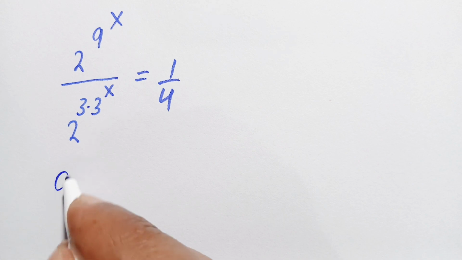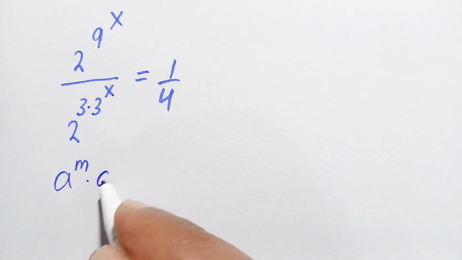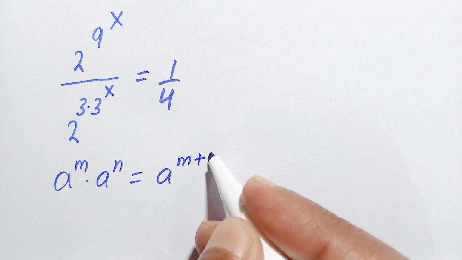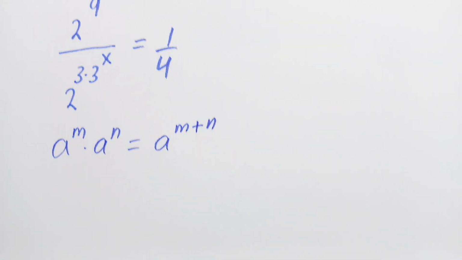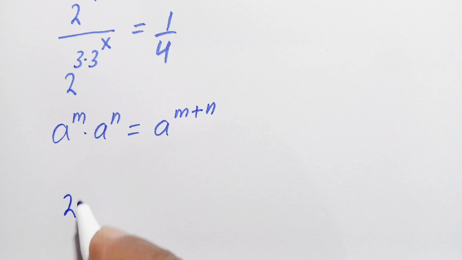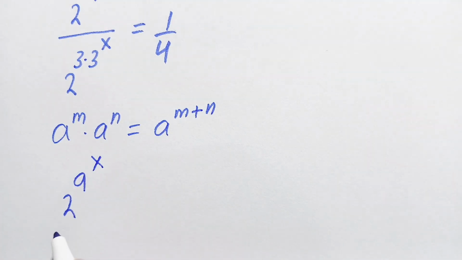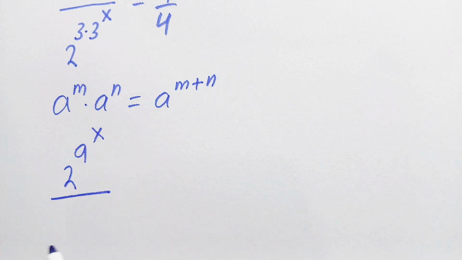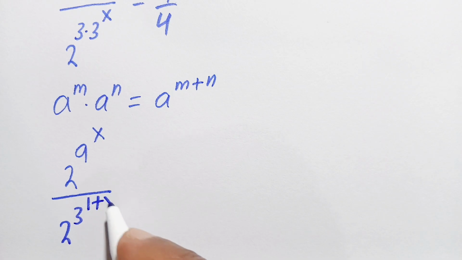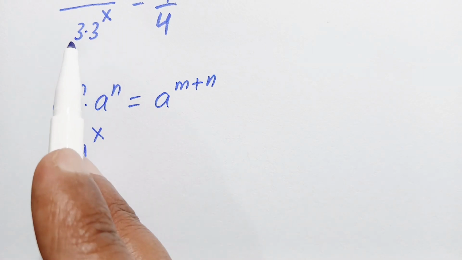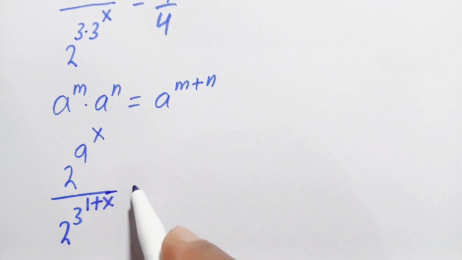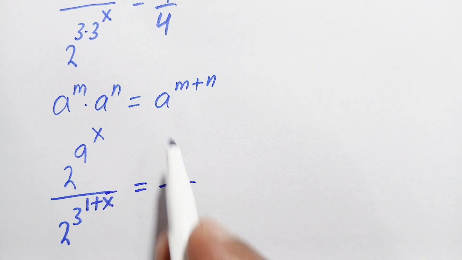As we know that a^m times a^n is equal to a^(m+n), therefore 2^(9^x) over, we can write this as 2^(3^(1+x)). The power of 3 is 1 and the other is x, is equal to 1 by 4,